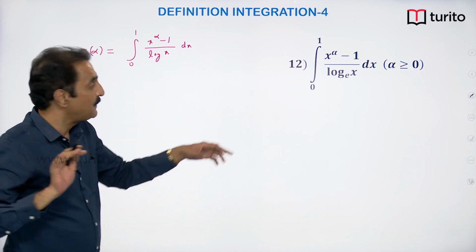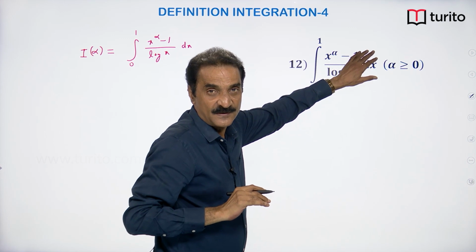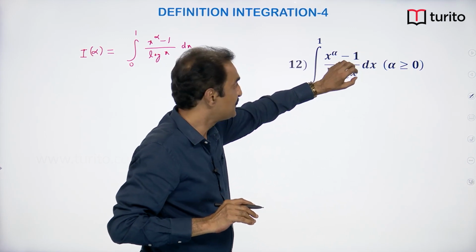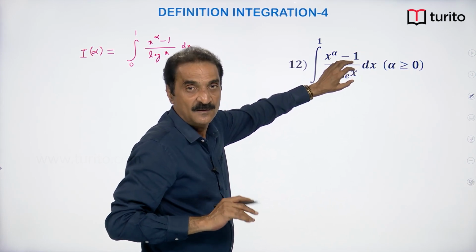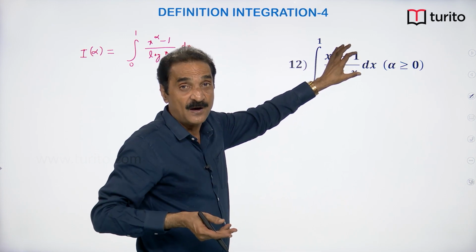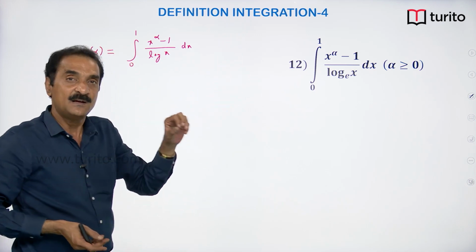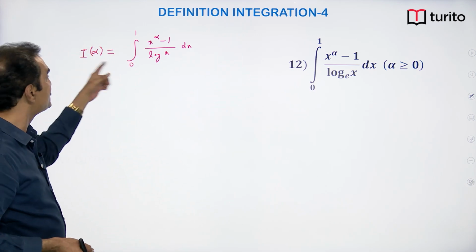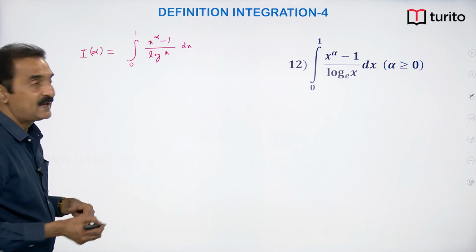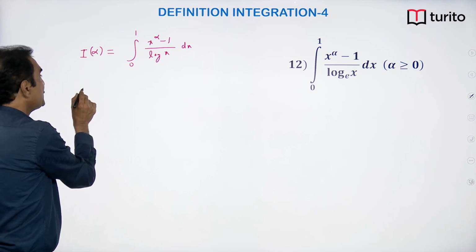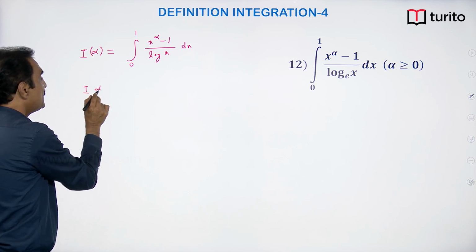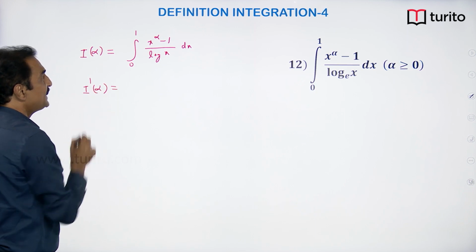Why I of alpha? This is in terms of x. After integrating, you will substitute x is equal to 1 and 0. Finally, the definite integral will be in terms of alpha. So, the total value of the definite integral will be in terms of alpha. So, I am assuming it as I of alpha. Then differentiating it both sides with respect to alpha, I dash alpha is equal to